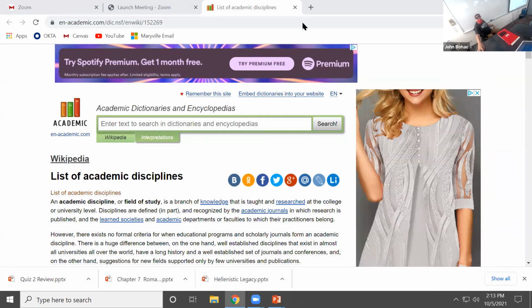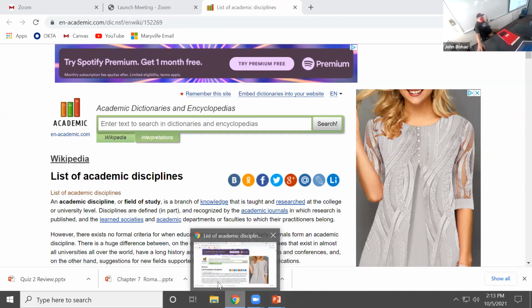Good. Let me make sure I got the right share going. Yeah, that'll work. Good. List of academic disciplines. And see, it's the same thing here. Field of study, branch of knowledge, that is taught and researched at the university level. So that's what I mean. You might have subjects in your list of subjects that might be used car salesman. That's a subject, that's not a discipline. But at any rate,